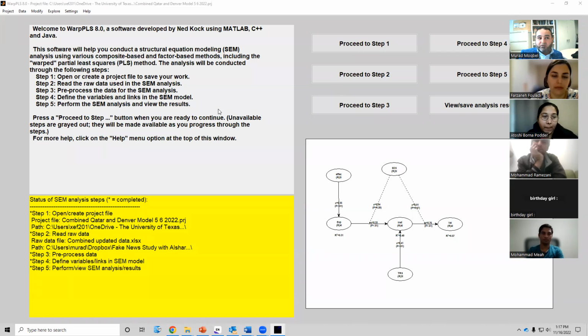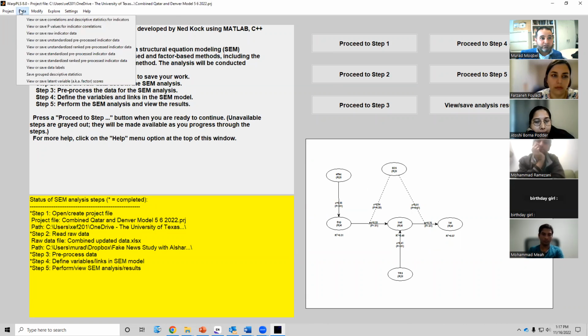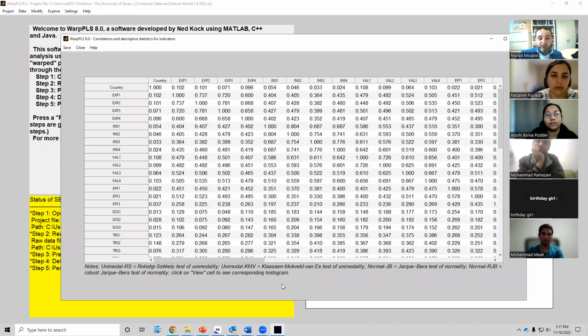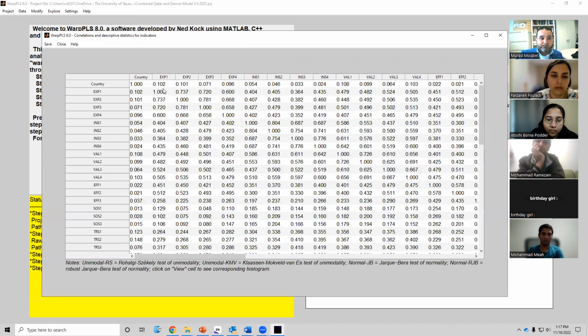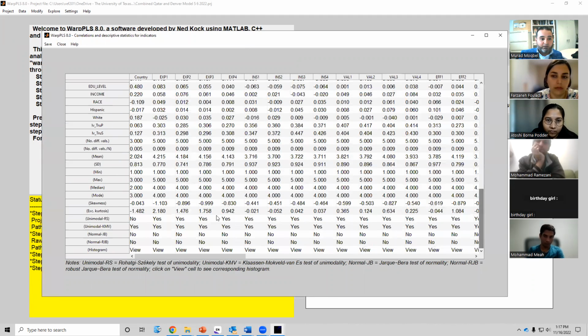All right. So this is an example of how you can report descriptive statistics from your own model for the indicators. So for example, here you go to the data and then view, save correlation, descriptive statistics. And then it gives you this page. So here you can scroll all the way down, and then you will see here the mean, standard